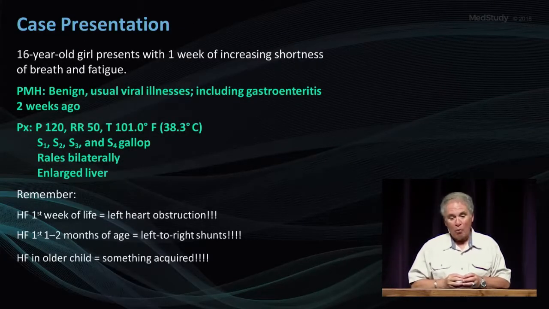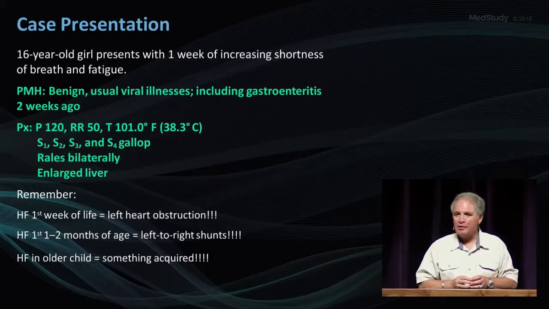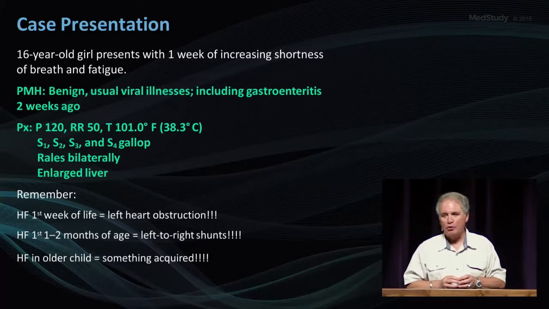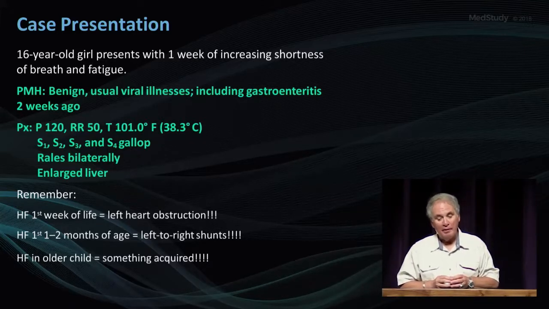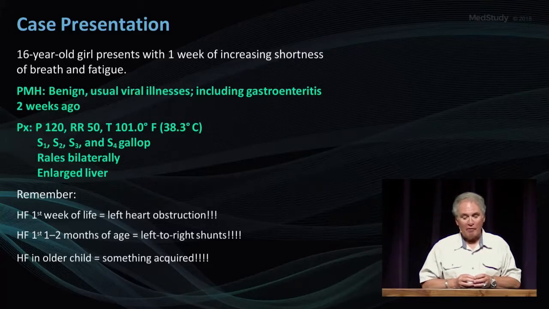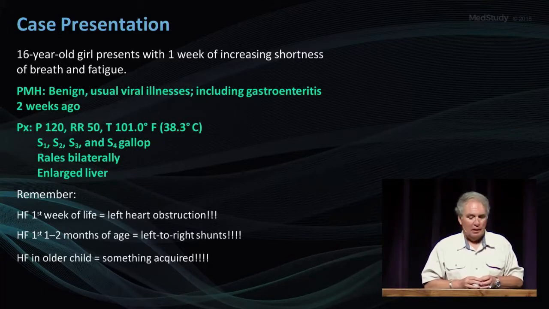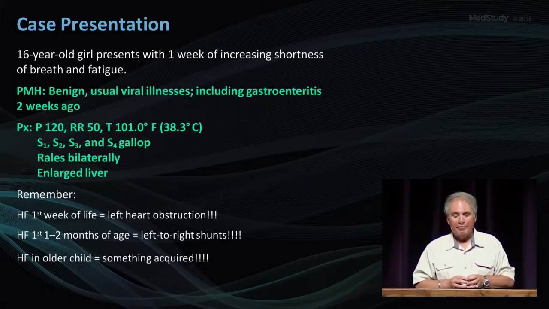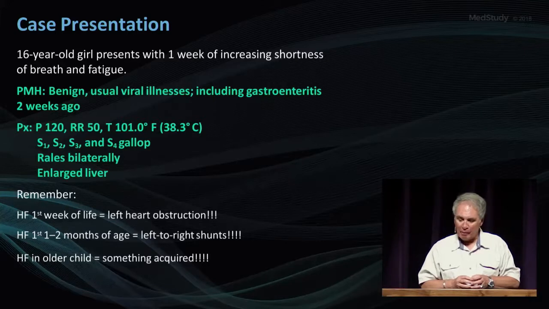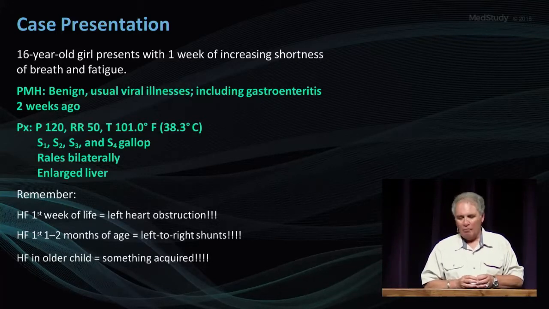Okay, acquired heart disease, case presentation. A 16-year-old girl presents with 1 week of increasing shortness of breath and fatigue. Past medical history is benign: the usual viral illnesses as a kid, including gastroenteritis 2 weeks ago. On exam, pulse 120, respiratory rate 50, a little rapid, a little febrile, S1, S2, S3, S4, heart failure, rales